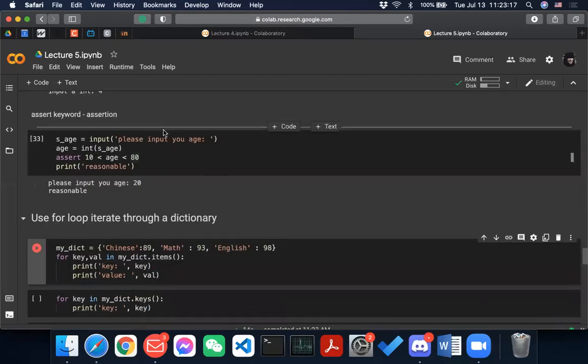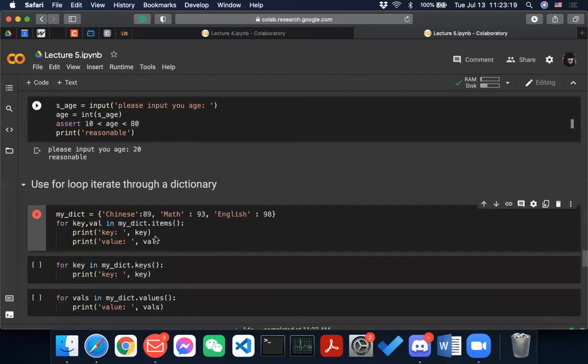So, reasonable. All right, and also using a loop to iterate through a dictionary. Those are ideas that we have just talked about. Say I have a dictionary with these classic ones, and then for key, value in my_dict.items().